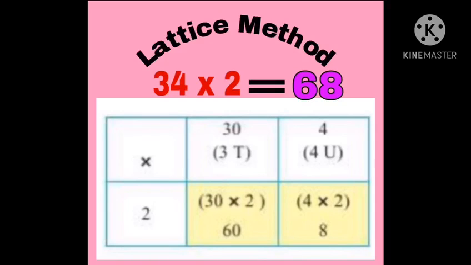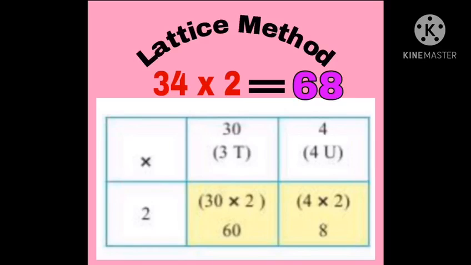And below the multiplication sign you have to write the number 2, which is called the multiplier. So here 30 and 4 is the multiplicand and 2 is the multiplier, and by multiplying, the answer you are going to get is the product. So let's start here. First you have to split, that is 30 and 4, and in the next column below you have to write 2. Let's multiply. 30 multiplied by 2 equals 60, and 4 multiplied by 2 is 8, and then we have to add these numbers.